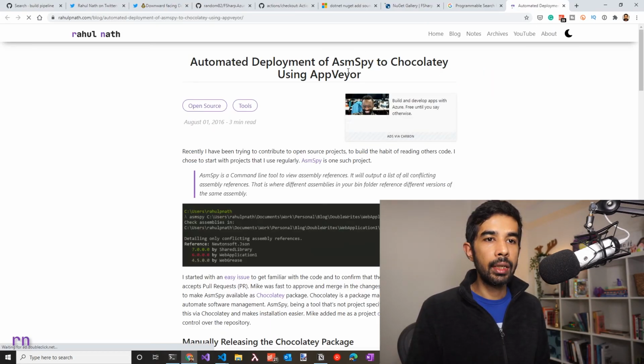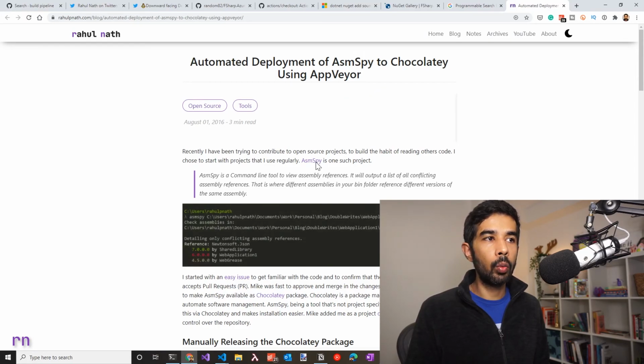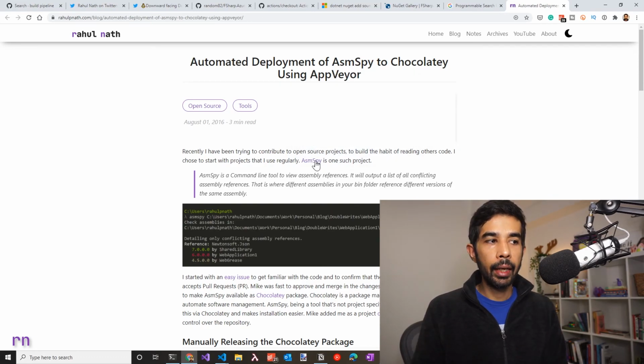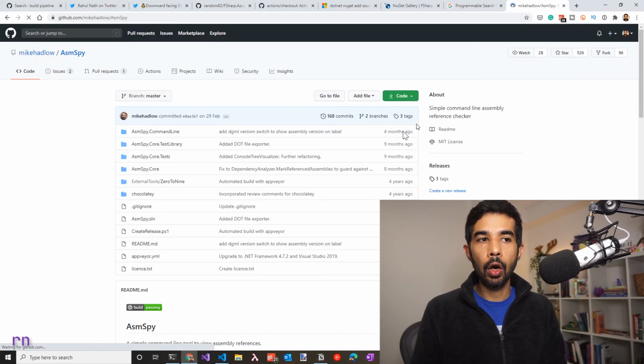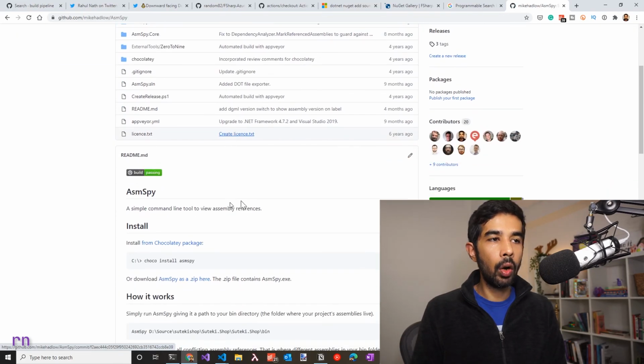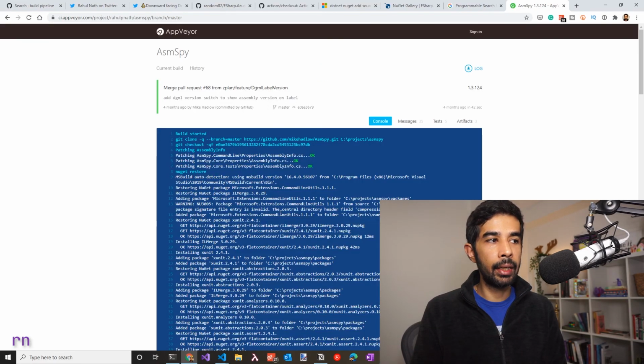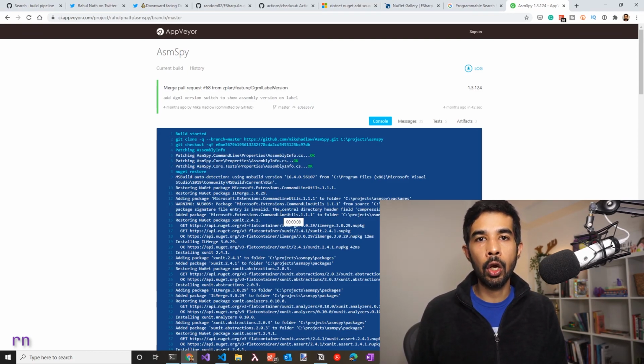Now in the past, I had similarly got involved with another library, ILSpy, where I set up the build pipeline using AppVeyor, which was the right choice at that time because none of the GitHub Actions or Azure DevOps existed at that time. The project ILSpy is still using this automated deploy pipeline even though I had set it up a couple of years back. So if you go to the build pipeline, you can see the latest build details in here. And this again publishes it into NuGet and also as a Chocolatey package.